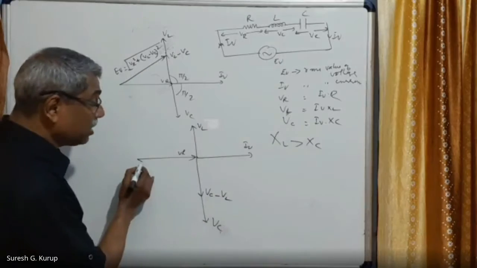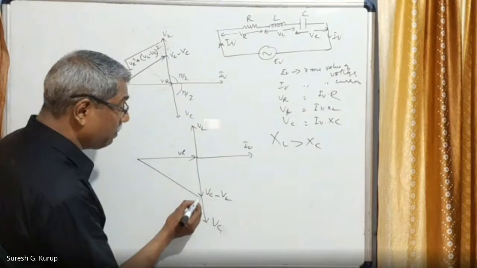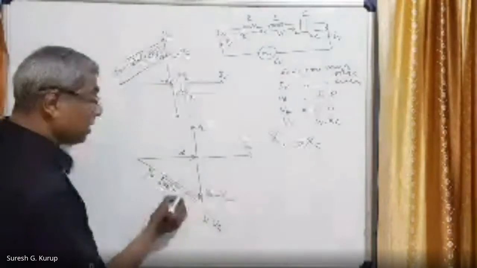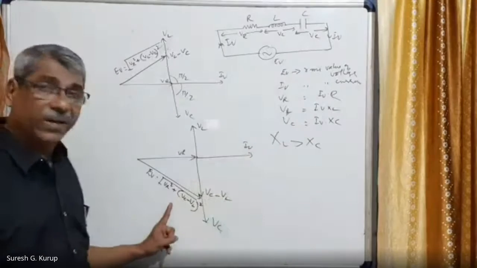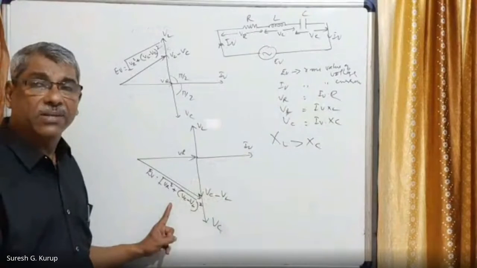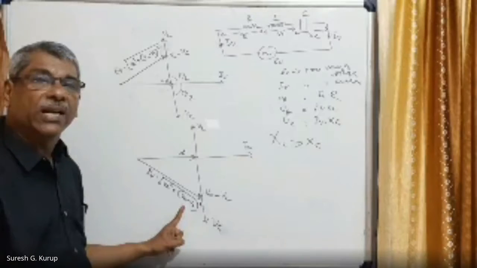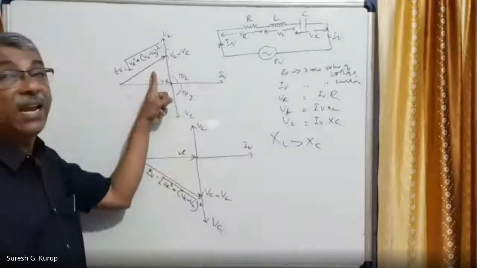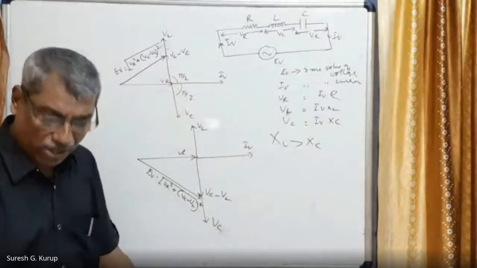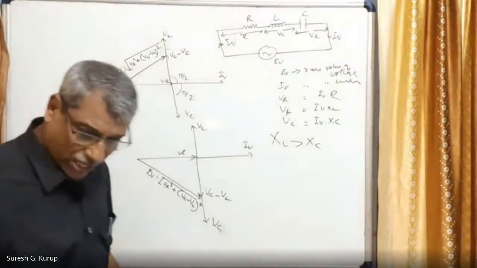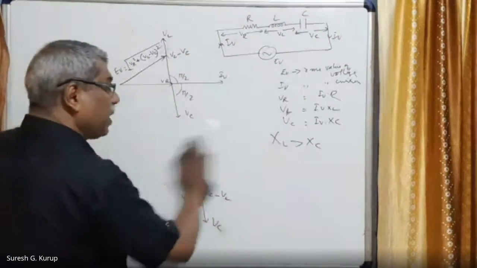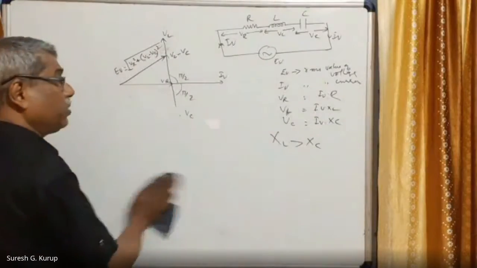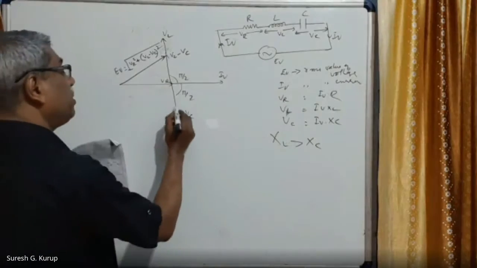In that case, this is EV. EV is equal to the square root of VR square plus (VC minus VL) the whole square. So this circuit is a capacitive circuit and that one is an inductive circuit. In this case, XC is greater than XL. In that case, XL is greater than XC. That is the only difference; there is not much difference in that, right? I am going with only one circuit. That means I am explaining only this circuit, and you can do the other circuit also, following the same method, right?